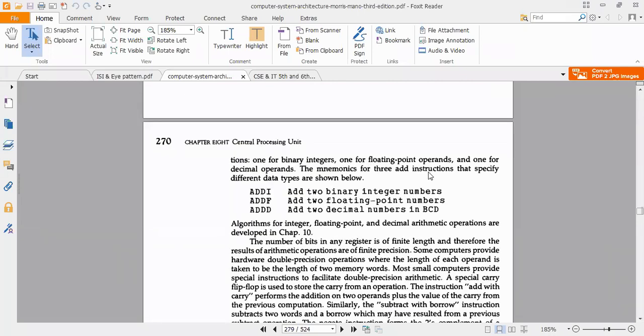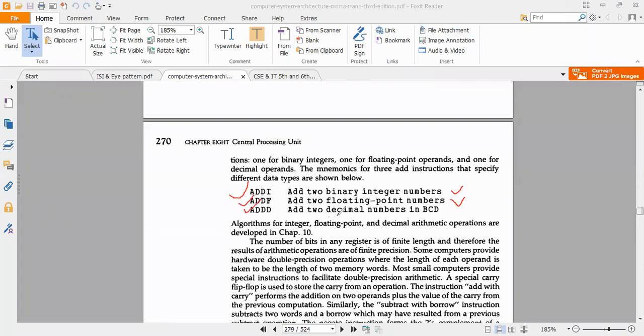This is also a kind of arithmetic instruction. Add immediate, therefore ADDI, adds two binary integer numbers. ADDF adds two floating point numbers, so in that case we will use ADDF.